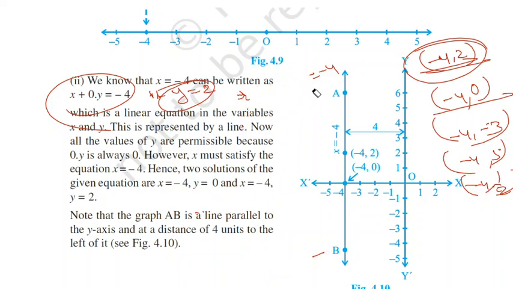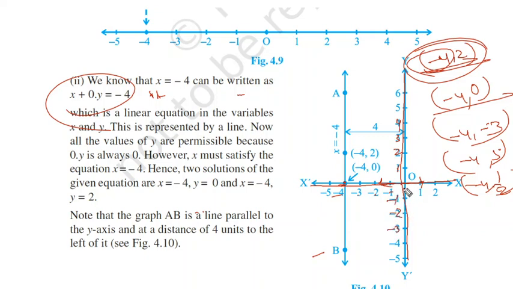Okay, now we'll draw the x-axis, here it is x-axis, and here it is y-axis. You can see x is here -4, so directly move to -4. Towards left there is minus, towards right is plus. So -1, -2, -3, -4, like this. Similarly in the y-axis also, towards downwards it is minus, towards upward is plus 1, plus 2, plus 3, plus 4, like this. Here towards downward -1, -2, -3, like this.